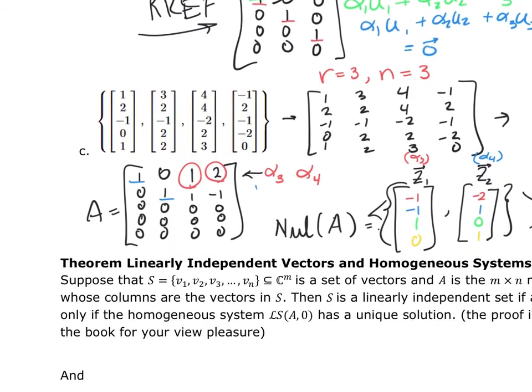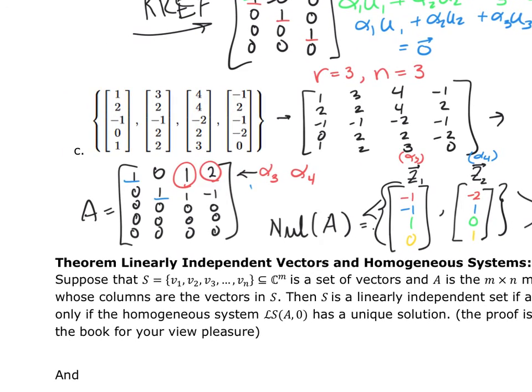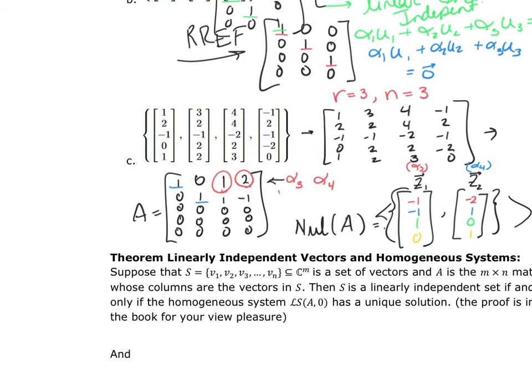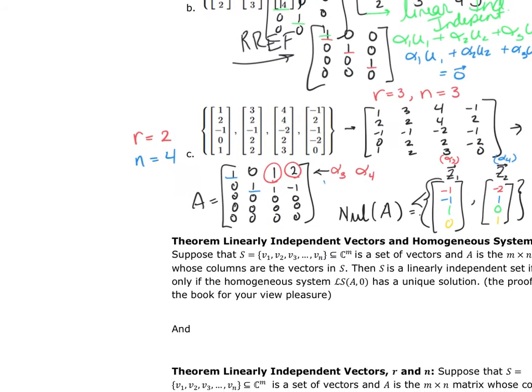And what that tells me, because my null space is not empty, and that my number of pivots is 2, my number of columns is 4, I knew it was going to be linearly dependent. And in fact, one of the ways that I can have that is that -1